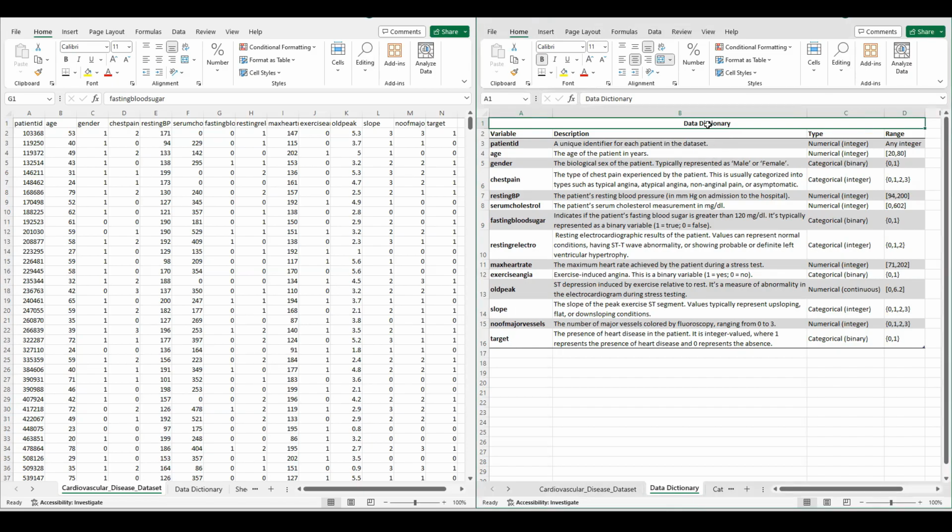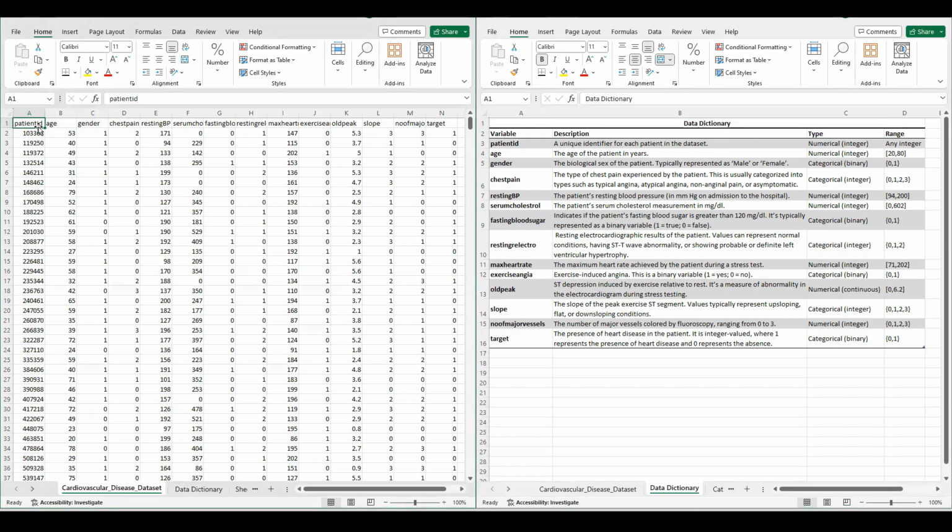Well, the structure of the data dictionary usually contains two main fields: one field corresponding to the variables that we have in our data set and another one corresponding to the description of this variable. On my screen here, I am showing you the original data set on the left. And on the right, I have another screen showing the data dictionary that I have already designed for this data